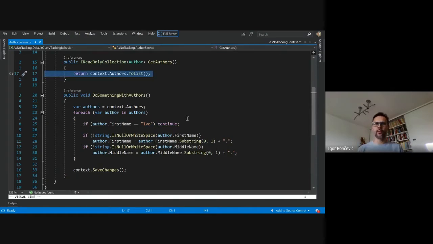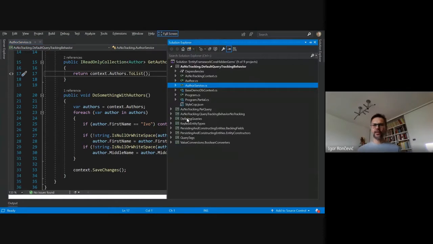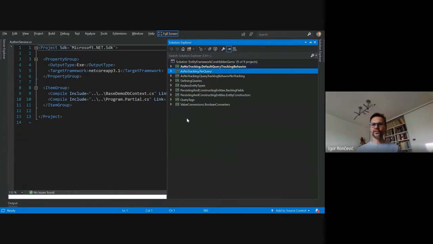In this example, when I just want to get the authors, okay, and I know that I will not change them later on, the snapshot and tracking is not needed. So that's the performance overhead we actually literally do not need. And AsNoTracking is an Entity Framework Core feature which allows us to tell Entity Framework, listen, in this case, I just want to get the authors, but you do not have to do the magic in the background because I will never change them and write them back. So how that looks like, in this example,